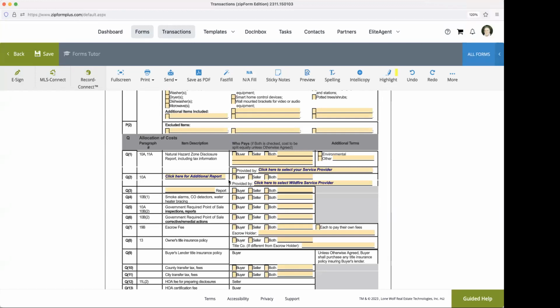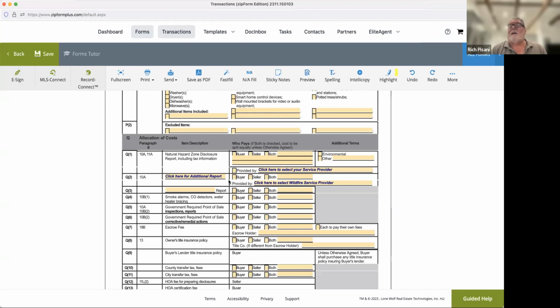Is that going to be taken out January 1st or no? Or we don't know yet? It's not going to be taken out. It's going to be added as a drop down, I believe. It's going to be added as its own section. I'm not sure, I haven't really seen it, but I know that's the only change in the RPA, about this wildfire report. And I think it's just a drop down option that you can do.